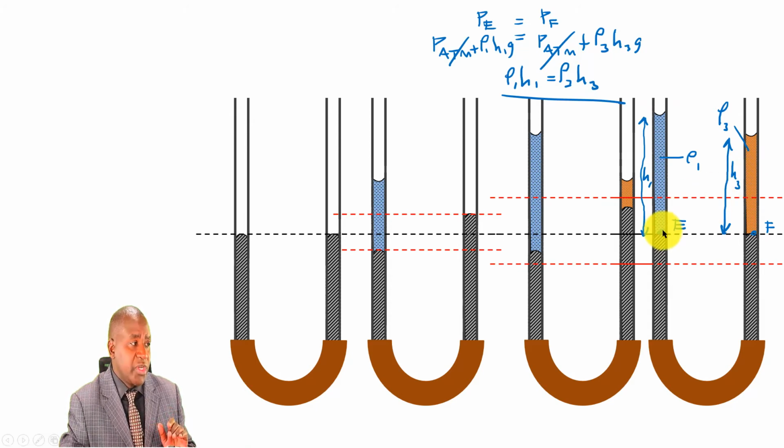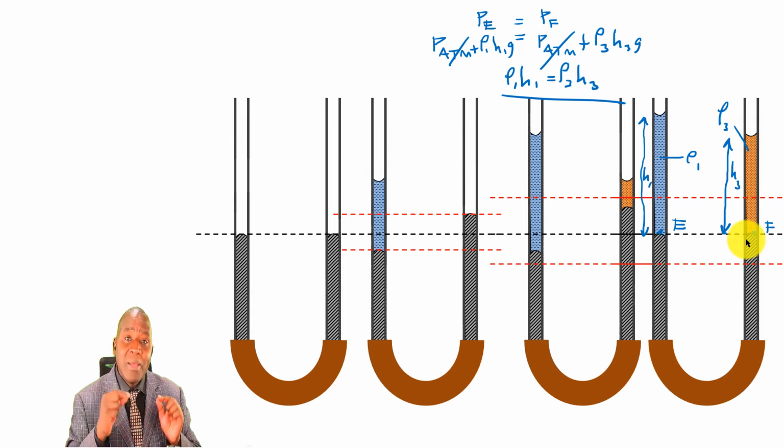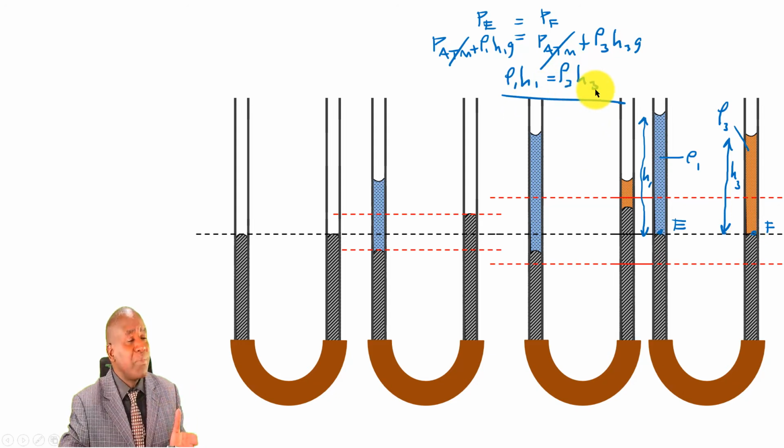And that brought the surfaces of the mercury to be the same. So remember, it is not a must that the surfaces of mercury must always be the same. It's always done for convenience and to make the calculations easier. But should the examiner want to make it a little bit complicated, they can do that. So it is important that you learn how this expression has been obtained, because many students use this expression without